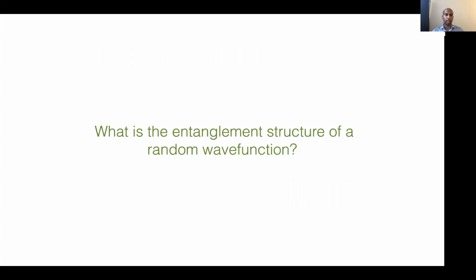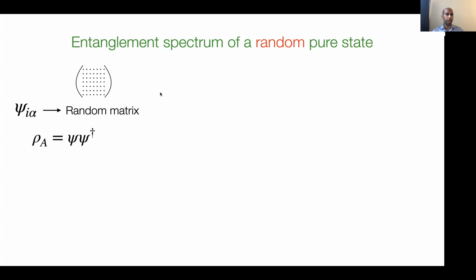So let's ask, what is the entanglement structure of a random wave function? Remember, we're looking at the entanglement spectrum because that's the most general thing we want to calculate. So what is the entanglement spectrum of a random pure state? Now your psi is literally a random matrix. All these elements are Gaussian random, this is a Gaussian random matrix. And now you can calculate your rho as psi psi dagger, and this is called a Wishart matrix. And once you take the thermodynamic limit,